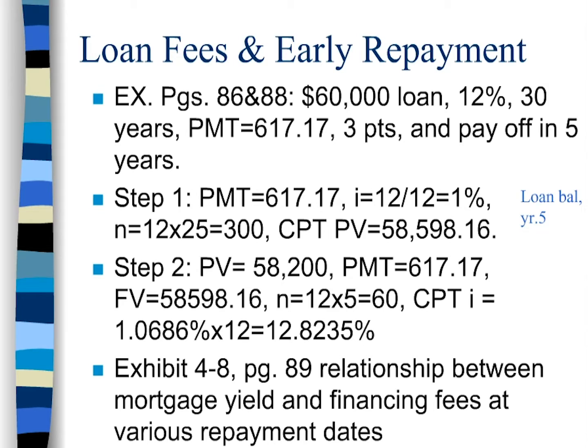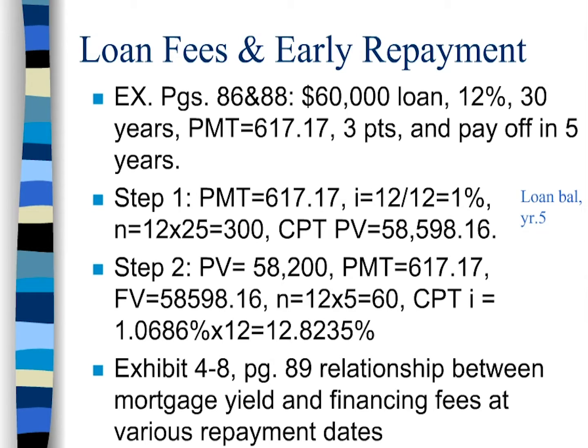$58,598.16. Okay, so again, the assumption in this case still is that the future value is 0. Now, step 2: the present value, which should be negative, is 58,200, and put that in your calculator as negative, because that's the 60,000 minus the 3 points. And we put in our payment,